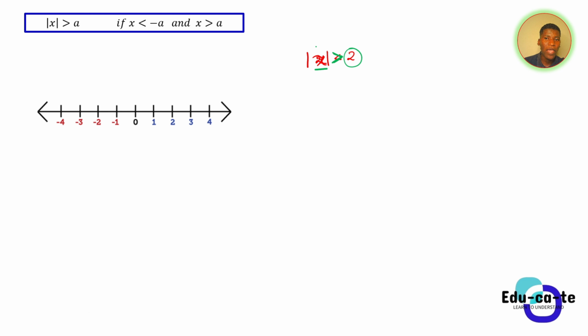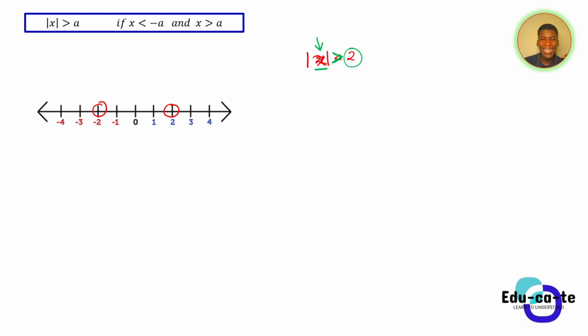Here I want some x value such that its distance from 0, or its absolute value, will be greater than 2. First of all, I need to see where I get 2 as the absolute value. Remember that the absolute value has 2 options, the negative and the positive. So I get the absolute value equal to 2 when I'm at negative 2, and also when I'm at positive 2. Those are the critical points where I get the absolute value exactly equal to 2.